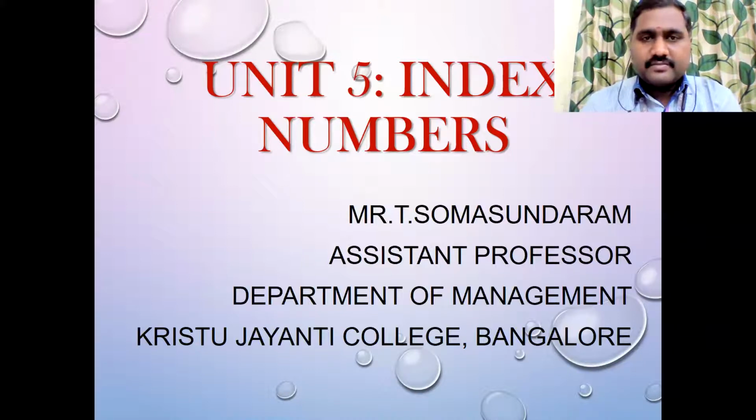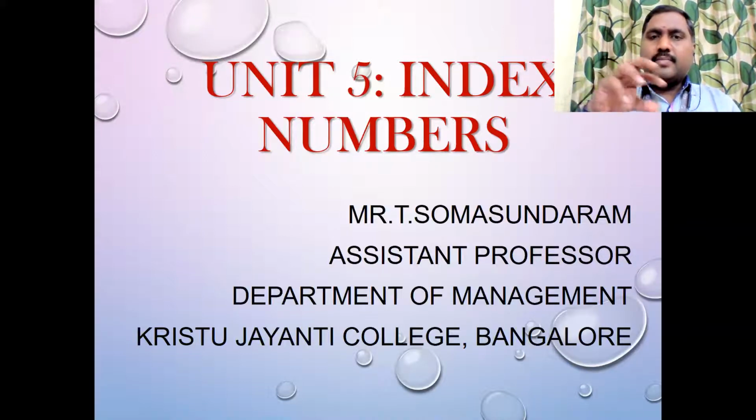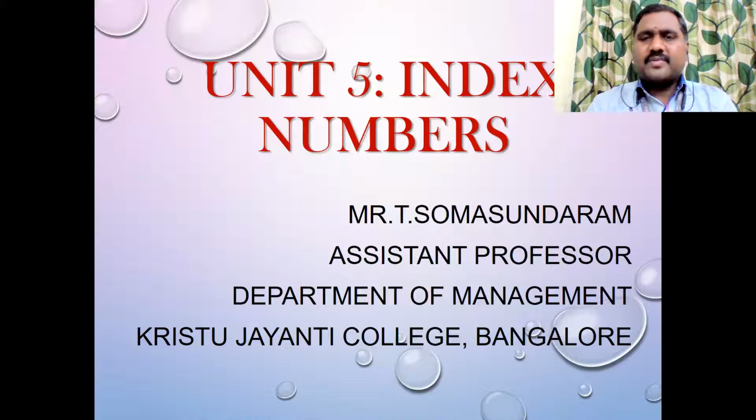So any doubts in this? Any doubts in the third chapter? Clear? You should be thorough with the formula. The procedure for working over the remaining problems is similar, right? Correlation, regression are similar. You have to put the tabular column, you have to open different columns like x, y, x square, y square, small x equal to x minus x bar, or x minus A, small y equal to y minus y bar, or y minus A, xy, xy summation value, dx, dy, dx square, dy square. This kind of procedure is the same for both correlation and regression. But the thing is, apply the respective formula. Okay, is it clear? Any doubts in the third unit?